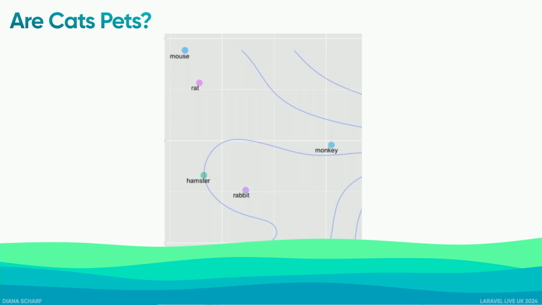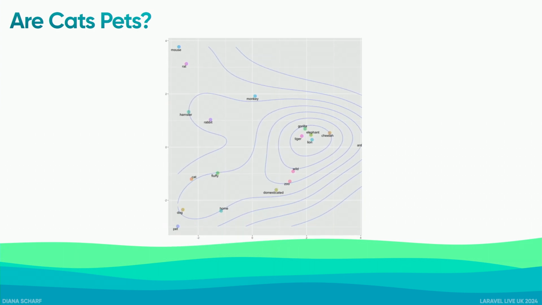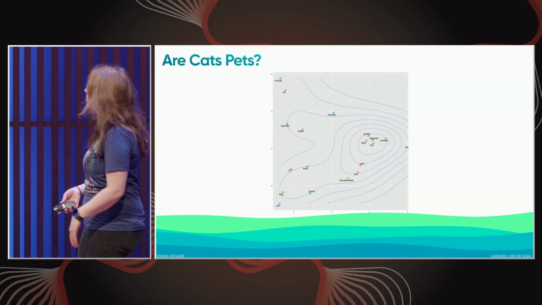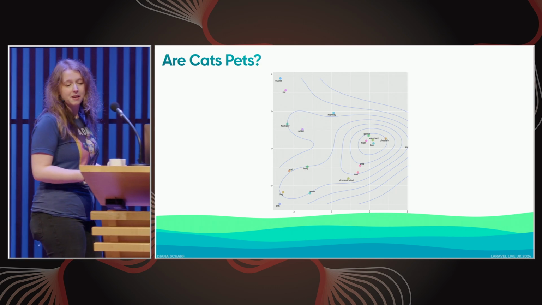And yeah, if I go up there, top left corner now of the thing, you see that a hamster is also kind of in the middle, down to pet, but also close to mouse. Because in some cultures, it might be that a hamster is more like a rodent, or not really a pet. And you see, for example, an elephant is very far away from a pet. Who has an elephant as a pet? I do have PHP elephants, but that's not the topic here. And so you see, cats maybe are pets, maybe they are not.